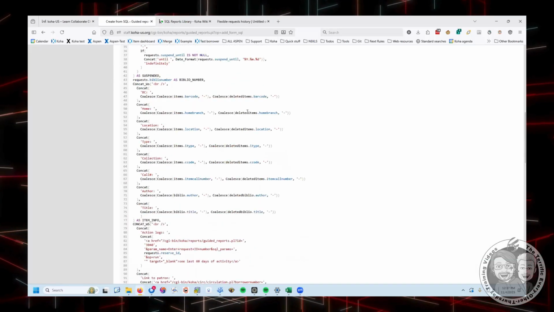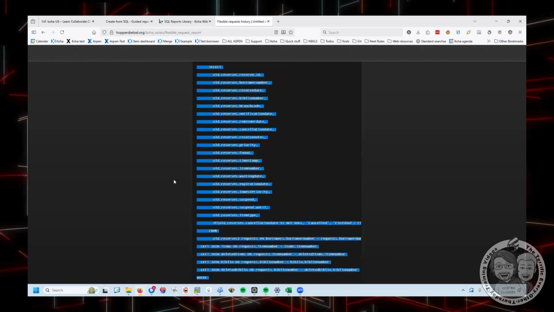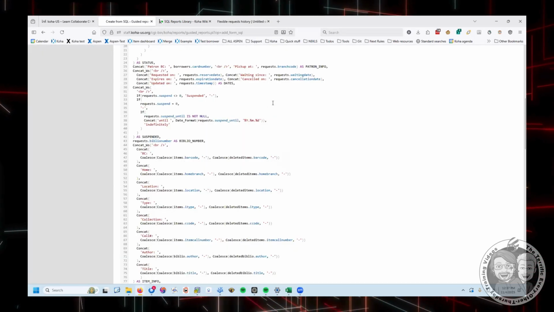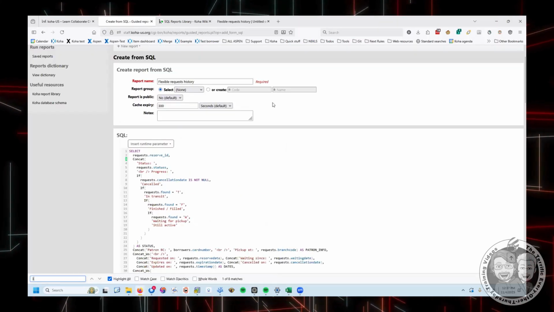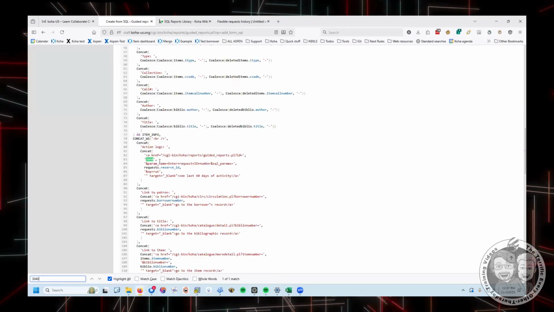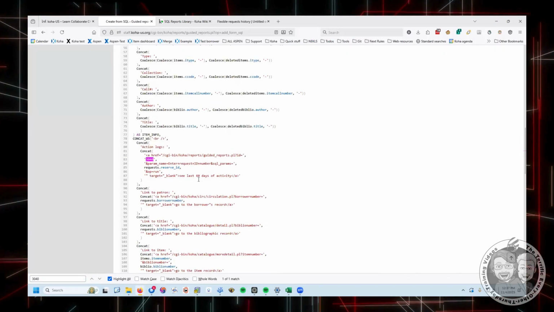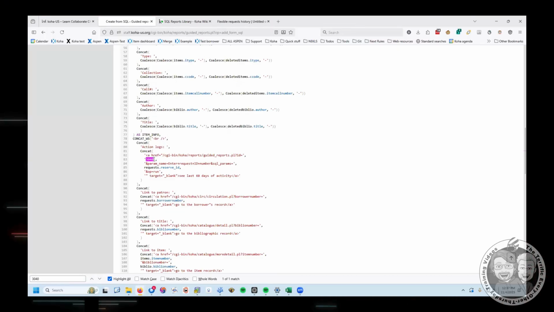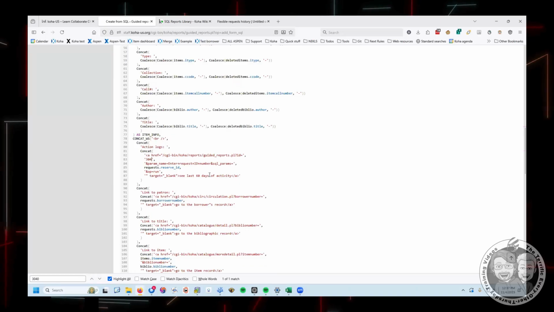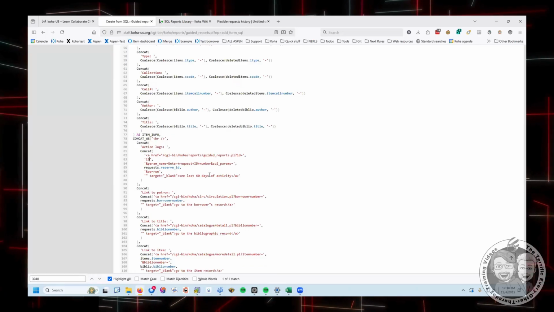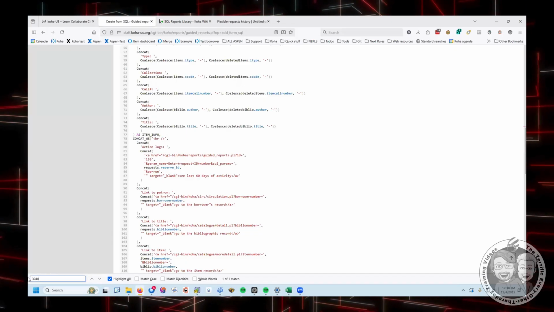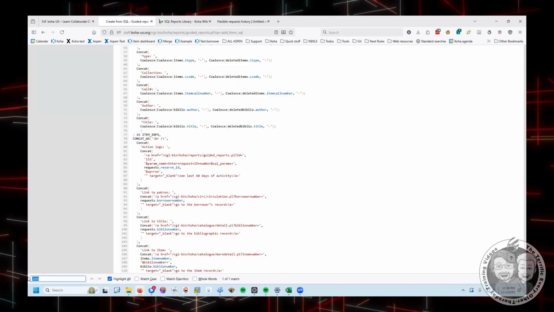So what I need to find here is, like I said, that first report that's a dependency, that was report 3040. So I'm going to find where it says report 3040 in here and change that to the report number for that first report, which was 153. And then the second report was number,